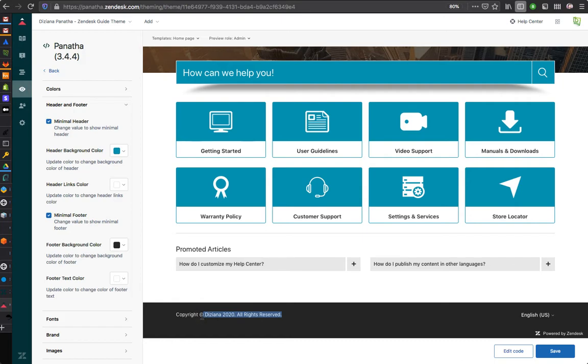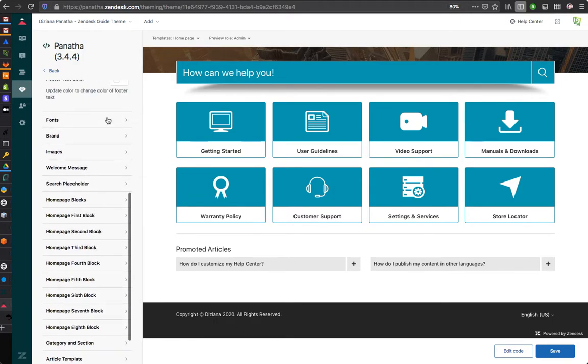The name of help center, this would be your help center name, whatever name you set in the Zendesk guide setting. There is an option you can set the name of your help center, and it can be in multiple languages. So that's what it would come. Our help center's name is Desiana, so it's coming as Desiana. So you don't have to change anything over here. You have to only change your help center name, and this would be changed.